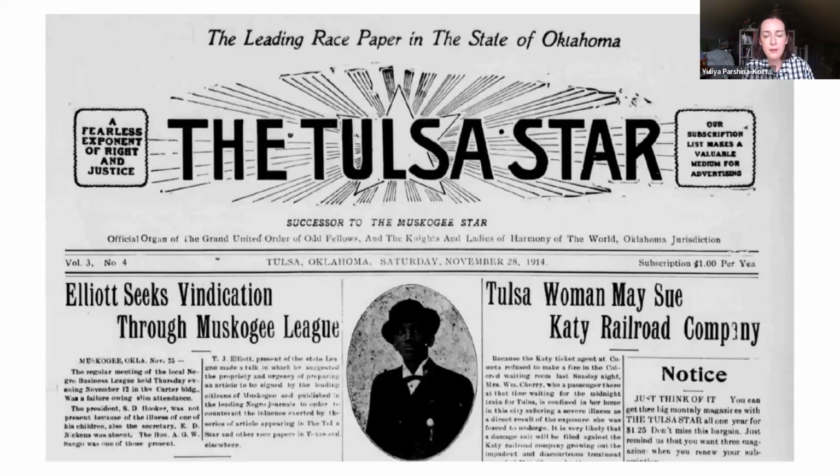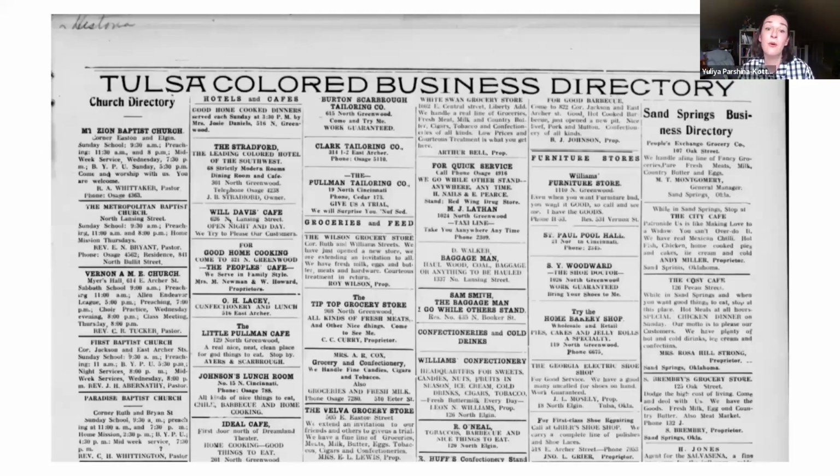The biggest resource for us to really dive deep and start getting the stories, not just of the business names but of the actual people behind the businesses, was the Tulsa Star. I think that was one of the trio of things that really came together to make this project live. It was the maps. It was data resources like the census and the city directories. But it was also access to the neighborhood newspaper, the Tulsa Star, which published articles about the residents and the most minute details of their lives, who had a cold, who went to visit their uncle in another state, and who also ran this Tulsa Colored Business Directory,